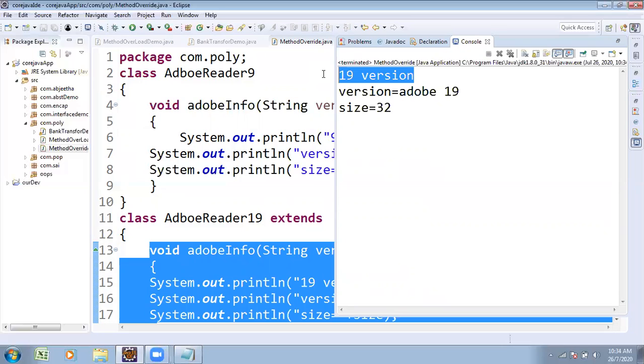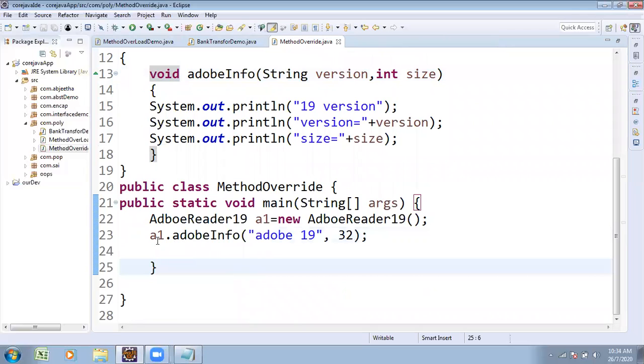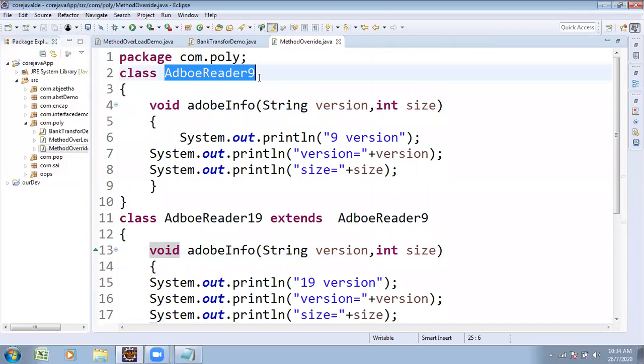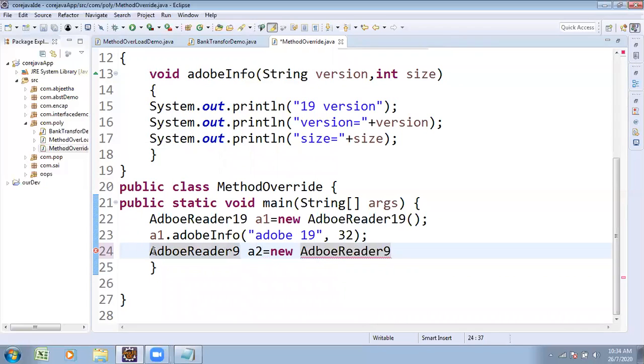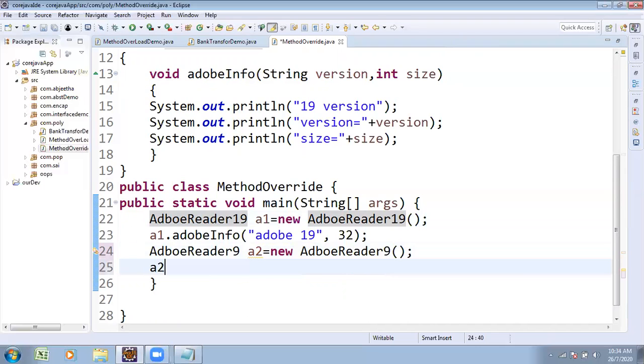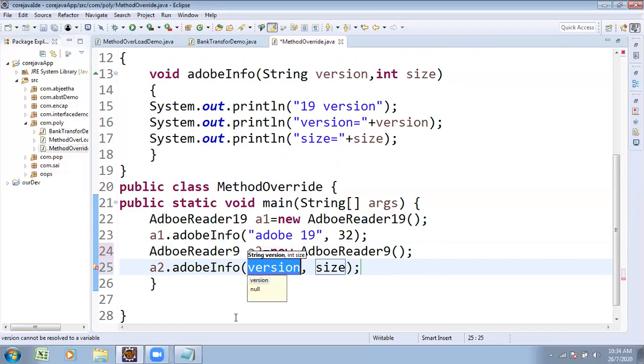Sir, I wanted the old version, sir. Suppose customer 1 wanted to know the new version. Suppose an old customer wanted it, the old one is there. Somebody already using it, they are not going to remove that information. So that's right. If you created an object for the superclass, superclass properties are going to be executed. If you created an object for the subclass, obviously subclass properties can be accessible.